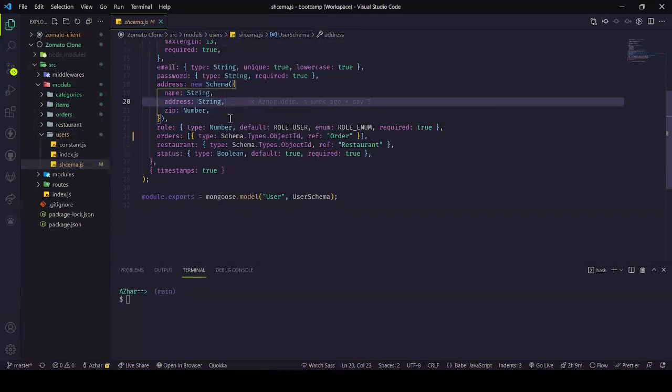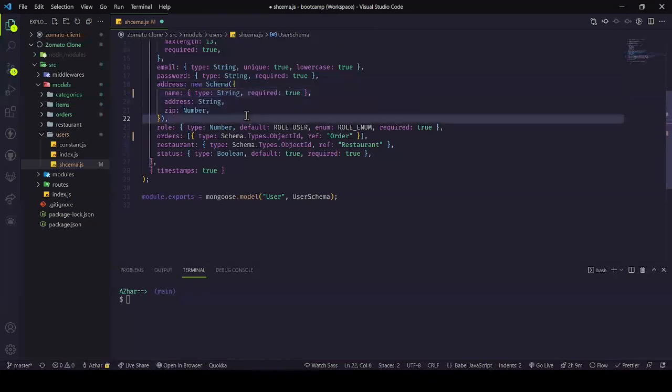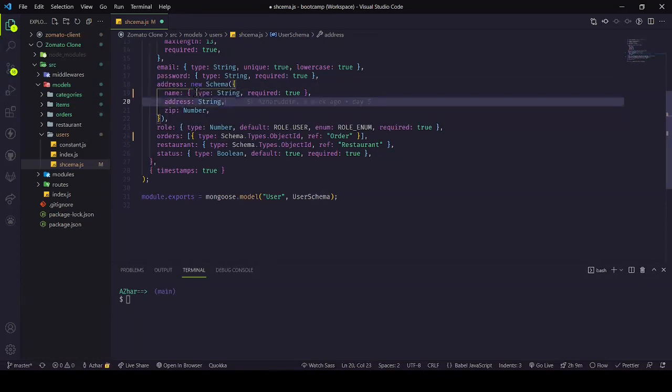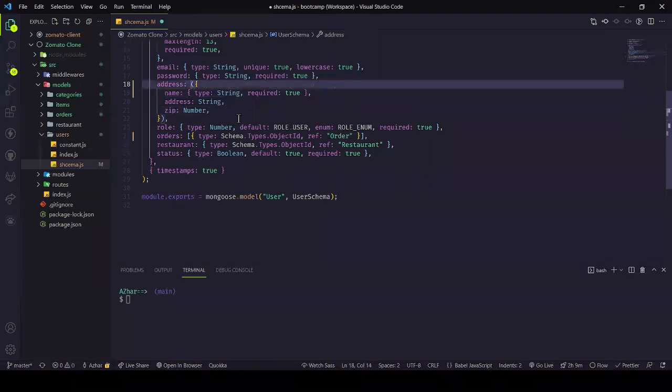Suppose the type is a string, then instead of a string, you can make it required like this. So every item of that object becomes required, right? And then if you want to require this entire address, then what we do is just remove it and hold this all,